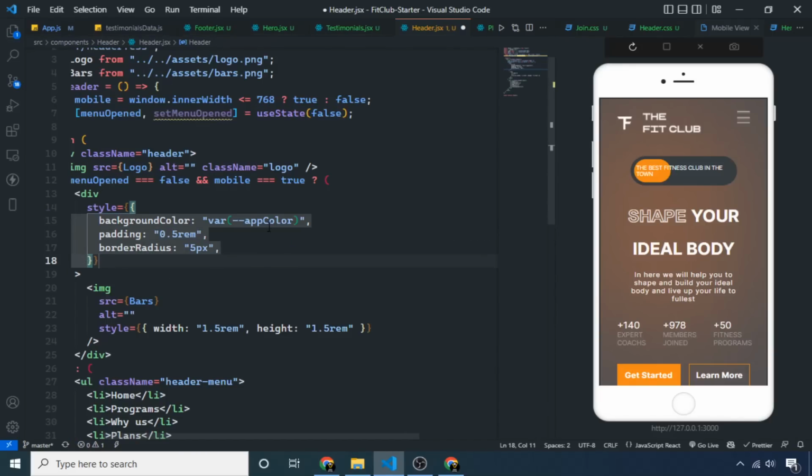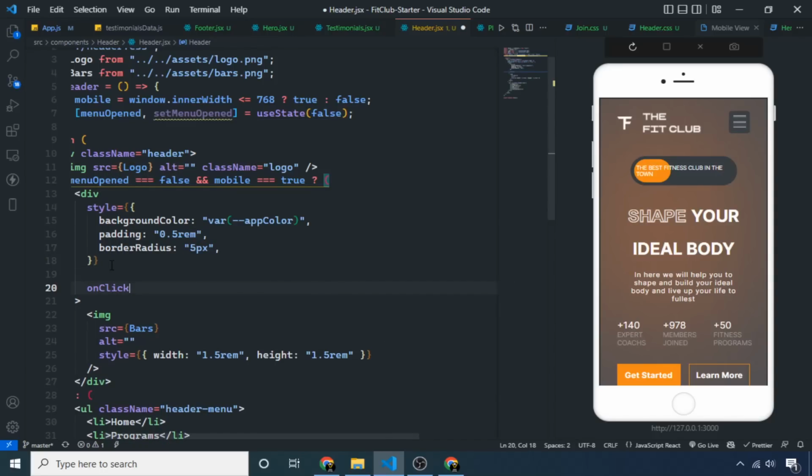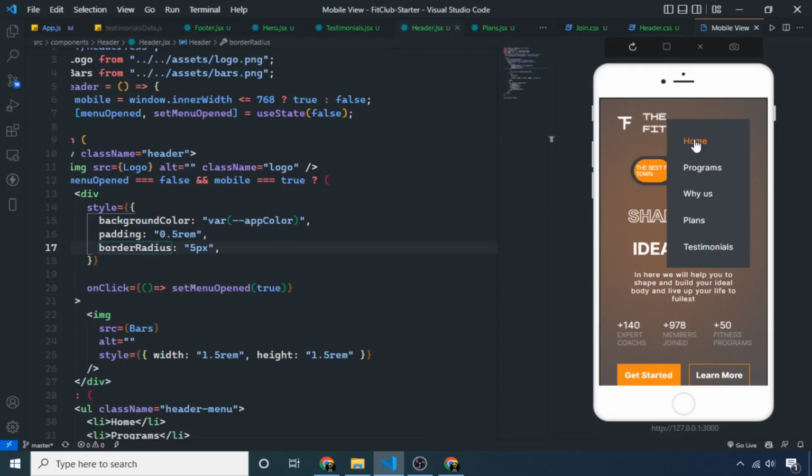Let's format it and save the code, and here I have a very nice border, but I want the menu to open when I click on this. So on the same div I will say onClick, execute a function and set menuOpen as true. So now if I hit this bars icon, the menu is open,